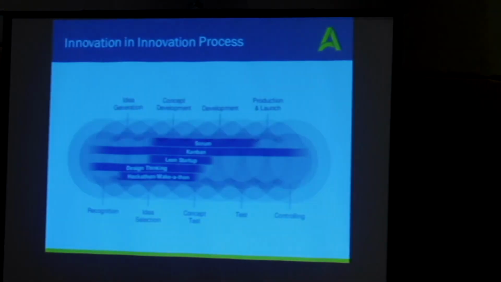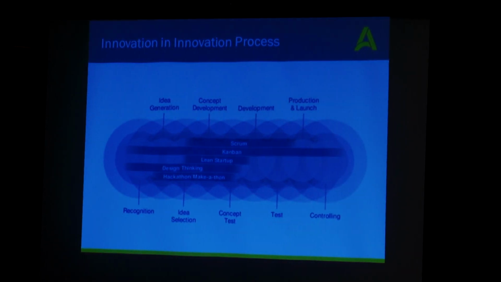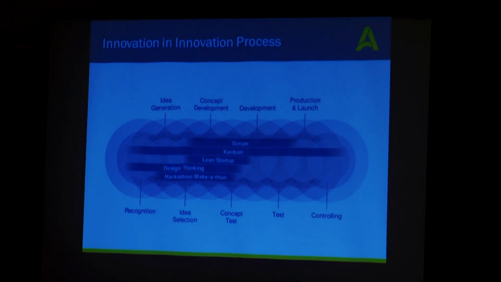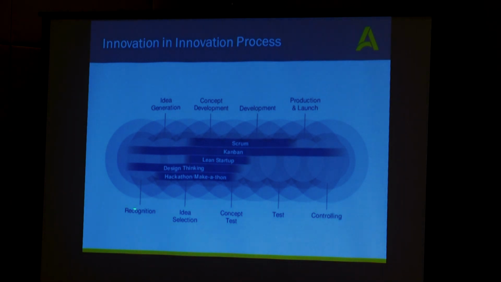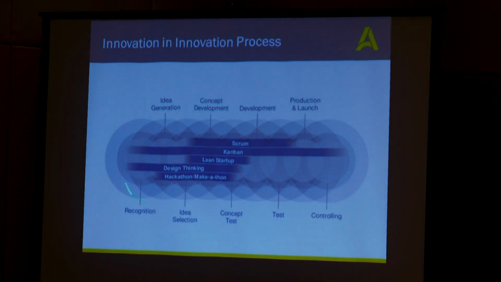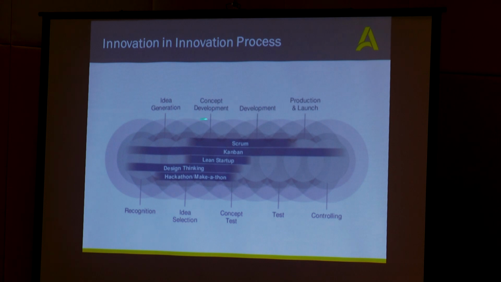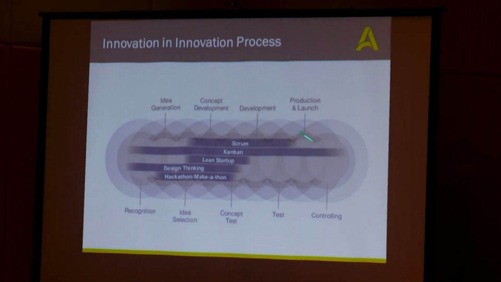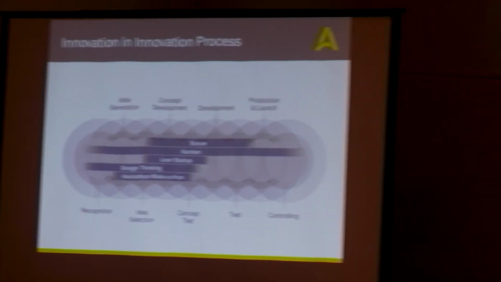It started in 1934, where they have about nine processes in business innovation, starting with recognition, idea generation, idea selection, concept development, concept test, development, test, production launch, and also controlling. And I'm a design thinking practitioner, where we look at how to solve the problem with very low